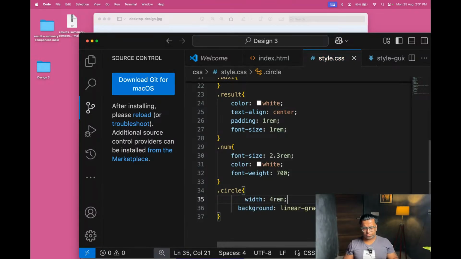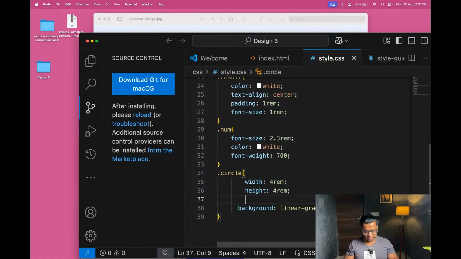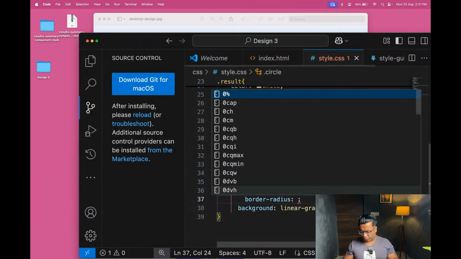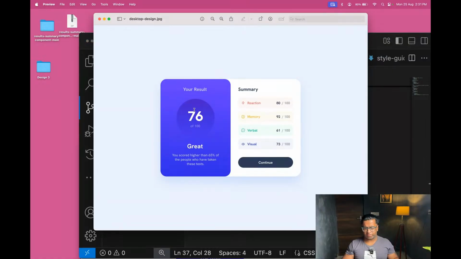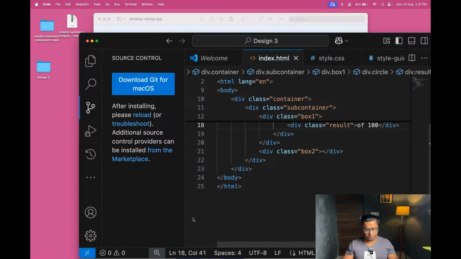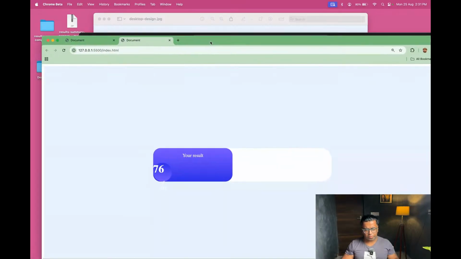4 rem, and height also equal to 4 rem, and border radius is equal to 4 rem. Let's give everything the same, and let's see how our design is. This is the original image, and it is not out of 100. So let's remove it and give it out of 100. As soon as we open this in the live server, now you will be saying that the things are coming as expected, but the